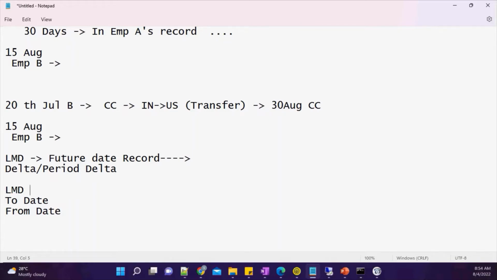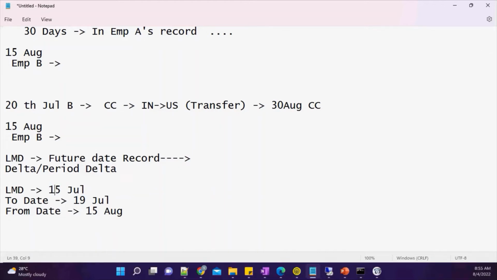So how will my query look? This record got changed on 20th of July, so for last modified, let me take 19 July. I am expecting the changes from 19 July to 15th of August, or probably we will make it from 15th of August as per our payroll cycle. Our last payroll ran on 15 July.